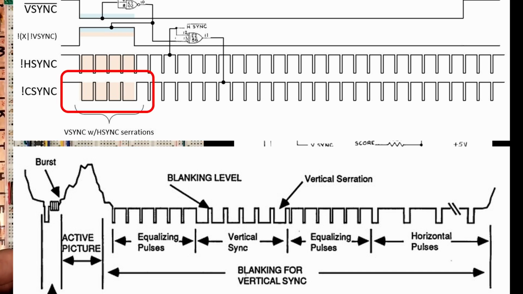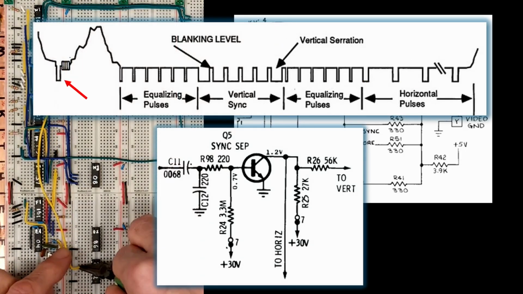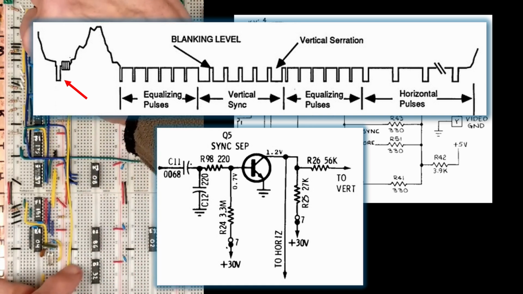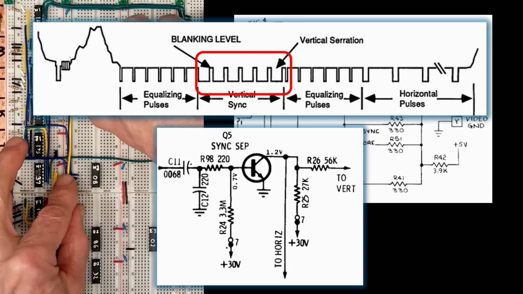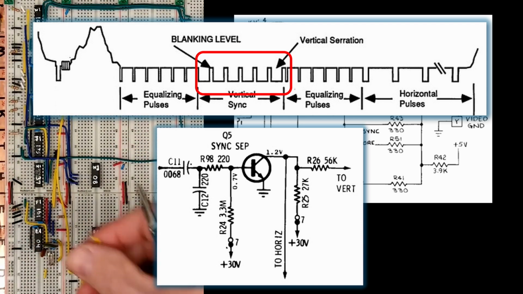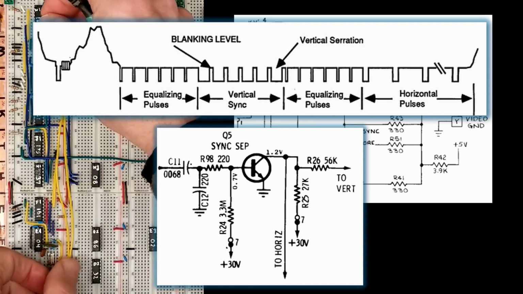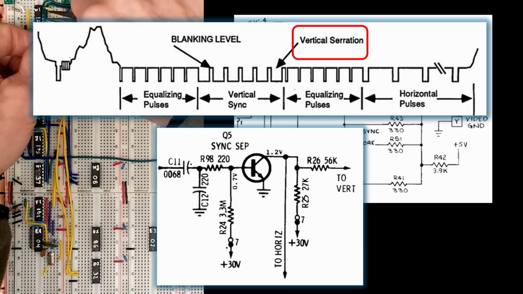The sync separator inside the monitor does 2 things. It uses the horizontal sync portion of the composite signal to align its internal horizontal oscillator, and it detects this longer low portion of the composite signal to trigger a vertical retrace. With an AC coupled signal, you can't keep the level too high or too low for too long, so the serrations here are required to keep the signal balanced and also to keep the horizontal counter aligned.